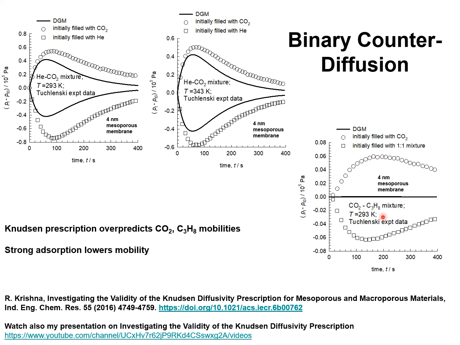This mixture is rather unique in that the molar masses of CO2 and C3H8 are almost exactly the same, 44 grams per mole, and therefore, according to the Knudsen prescription, the molecule wall interactions of both components are identical, and for counter diffusion in this mixture, there should be no pressure increase or decrease